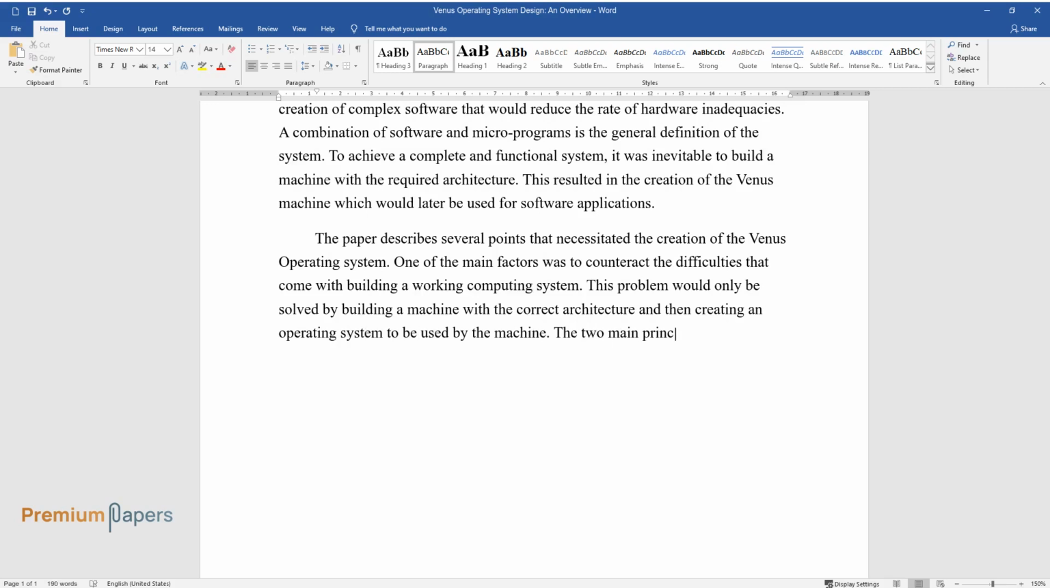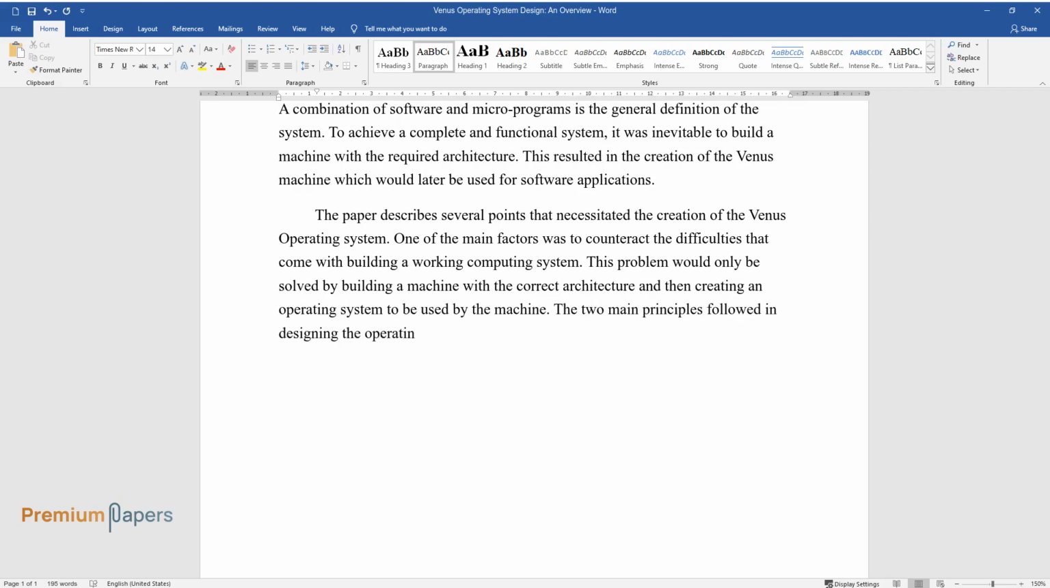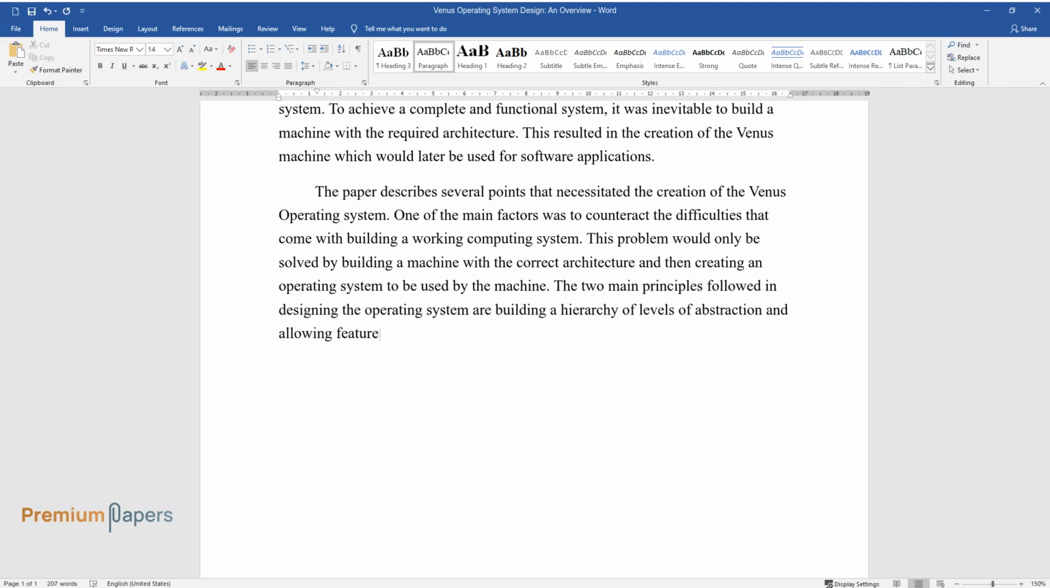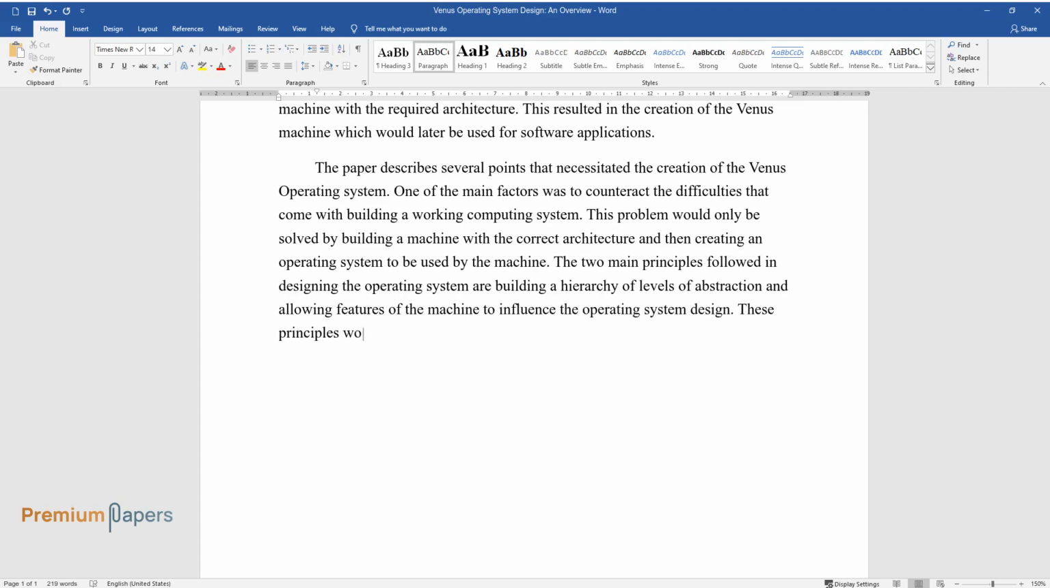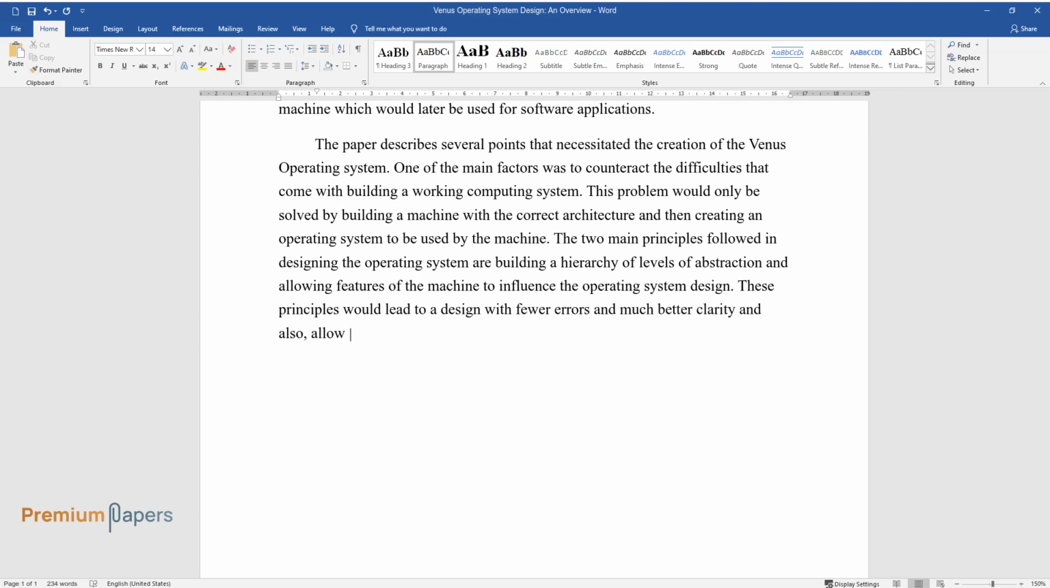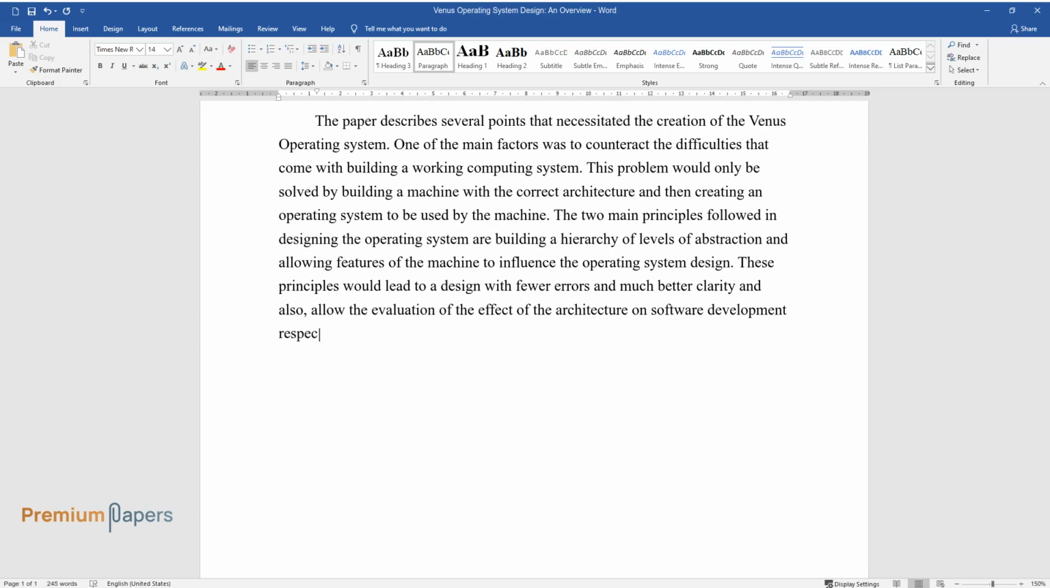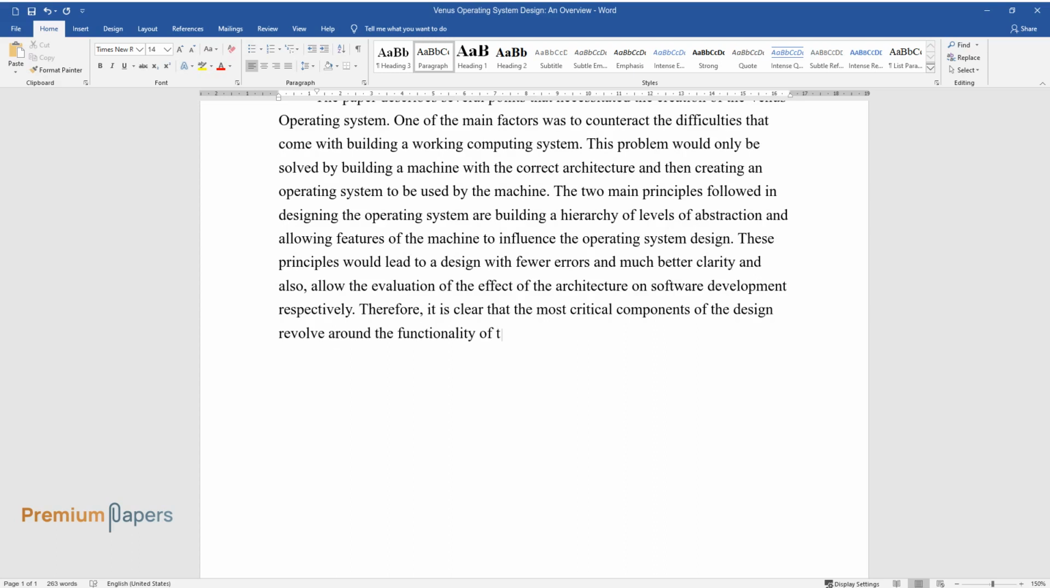The two main principles followed in designing the operating system are building a hierarchy of levels of abstraction and allowing features of the machine to influence the operating system design. These principles would lead to a design with fewer errors and much better clarity, and also allow the evaluation of the effect of the architecture on software development, respectively. Therefore, it is clear that the most critical components of the design revolve around the functionality of the hardware and